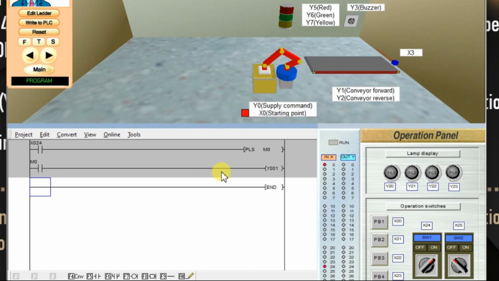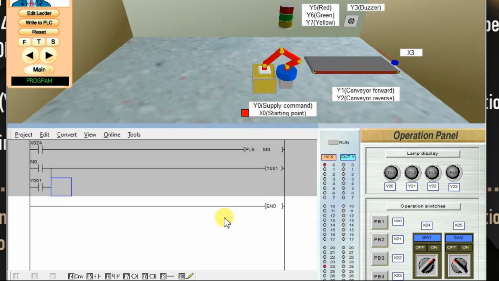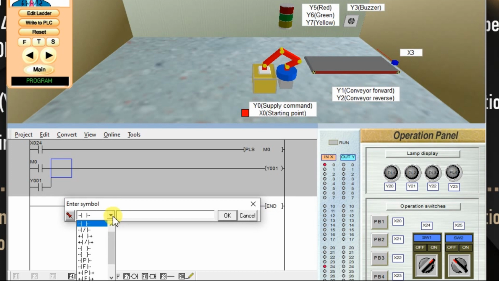So we have to latch the conveyor. Take one branch, enter Y1, press OK. This conveyor can be stopped using a reset switch. So take NC contact X21. I'm taking push button PB2. OK.